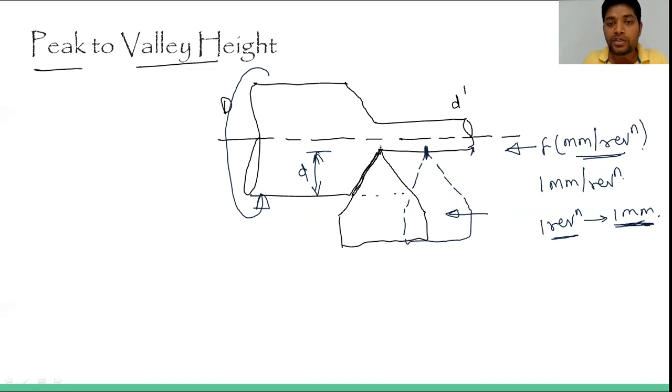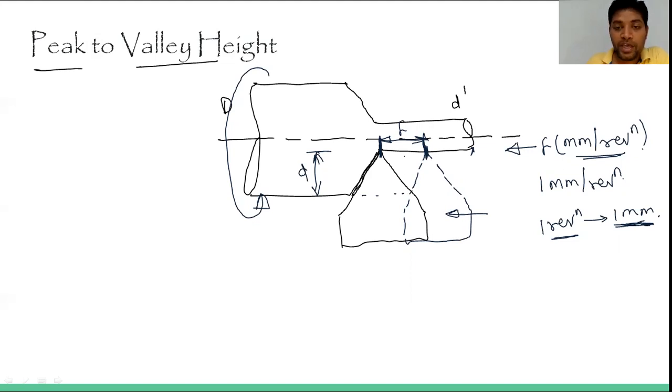So when one revolution is completed, the tool will reach this position. So we can say that this is nothing but the feed only, because this is the amount of material in mm that is removed in one revolution. Now, if this amount of material is removed, then from the tool's